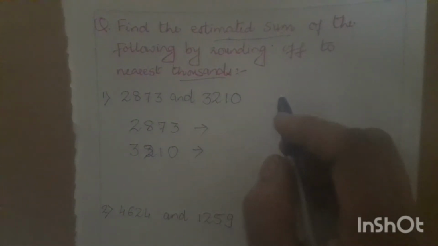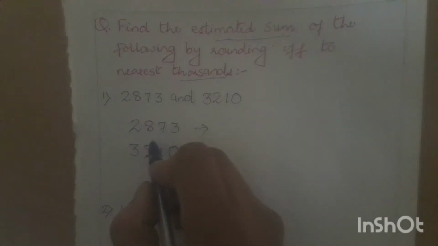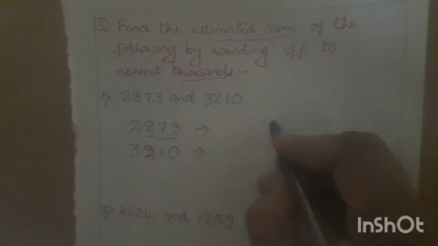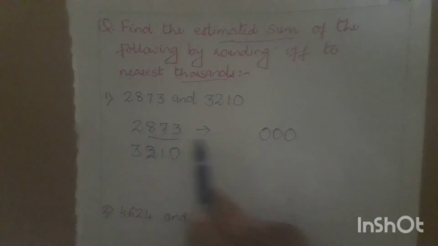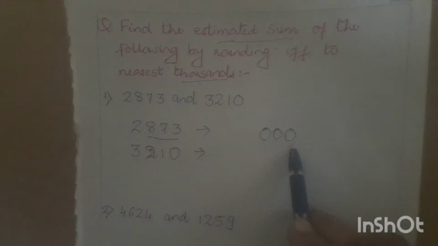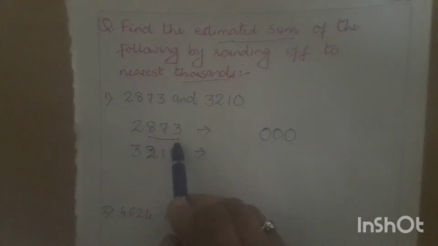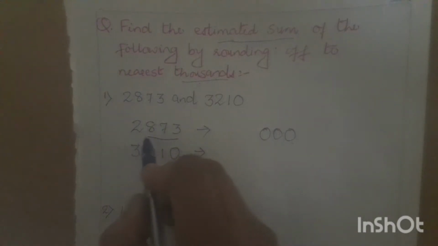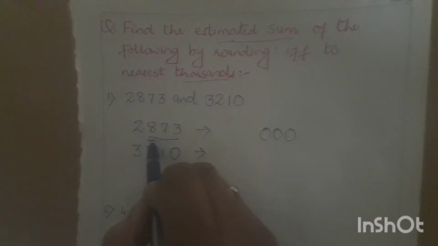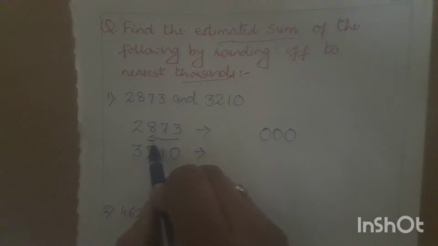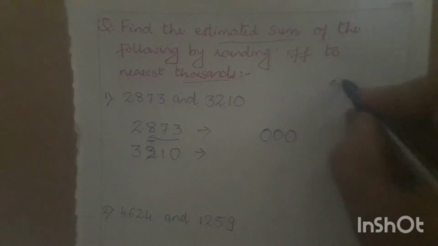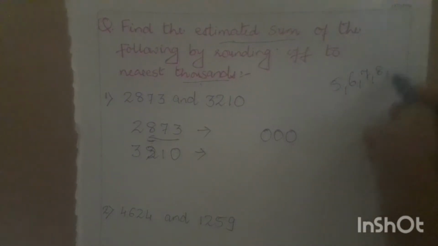Now when this number is to be rounded off to the nearest thousands, you know that in thousands you have three zeros. So how we will make it easier, that is three digits you have to underline and you will write three zeros. Okay, now out of the underlined digits, see the number given at the higher place. So here 8 is given in the higher place, and that digit you need to check if it is 5, 6, 7, 8 or 9.